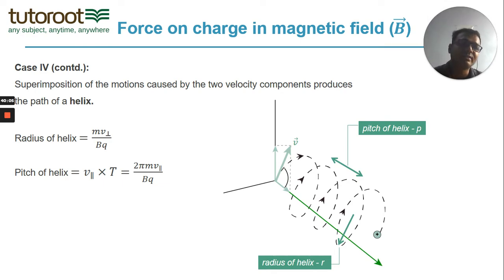What happens in that case is the velocity can be broken down into two components. One component is parallel or anti-parallel to the magnetic field, and the other is perpendicular. The velocity component that is parallel or anti-parallel to the magnetic field creates no force on the electric charge, as we saw before. So it keeps moving along the magnetic field line. But the perpendicular velocity component makes the charged particle go in a circle. Along with going in a circle, because of the parallel velocity, it keeps also moving in the forward direction. So you get the shape of a helix.